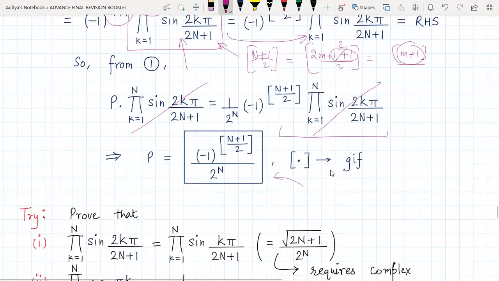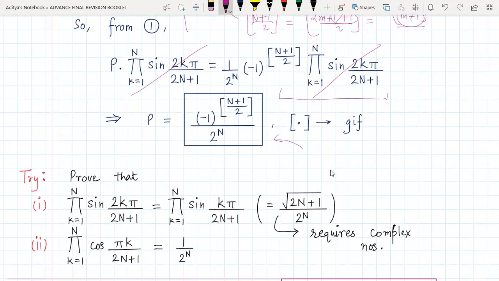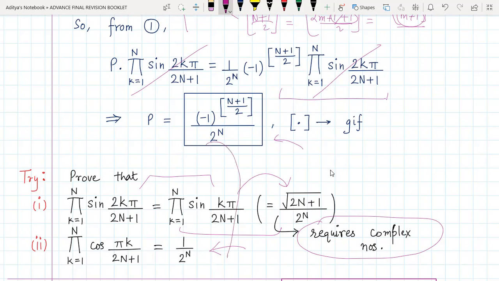Now, what I would like you to do is, you can also try two questions on your own. You can try to prove this using similar techniques, and you can also try to prove this particular equality, and both of them are actually equal to this quantity, but that would require complex numbers in order to prove. So if you are thorough with complex numbers, you might as well try the extended problem. And if you only want to try up till trigonometry, just as long as only trigonometry is involved, you can just do this much portion. I think that way you will have even more practice of using this technique.